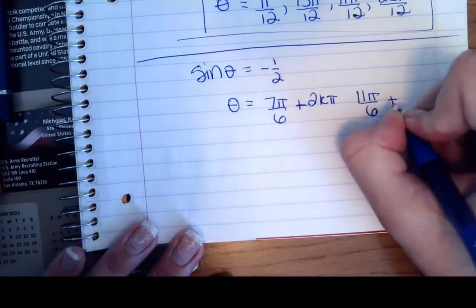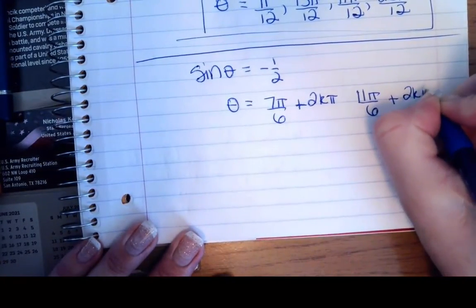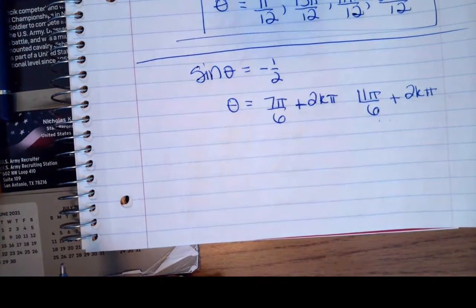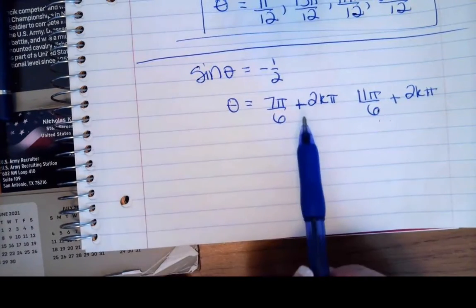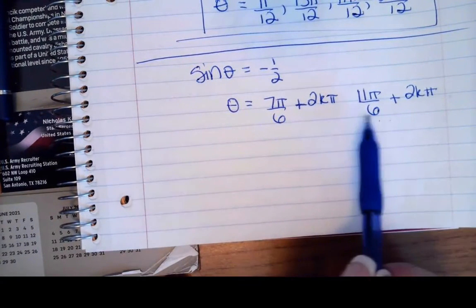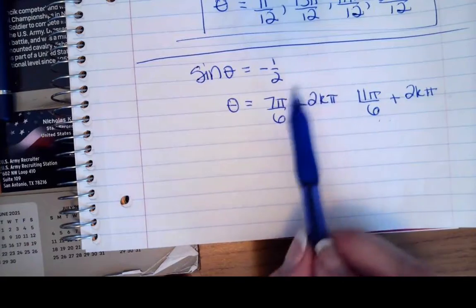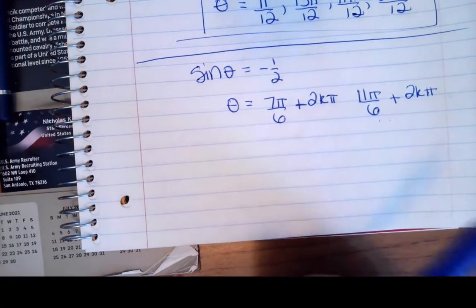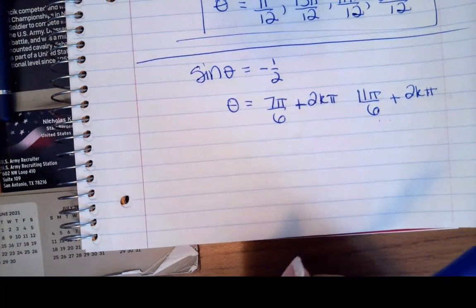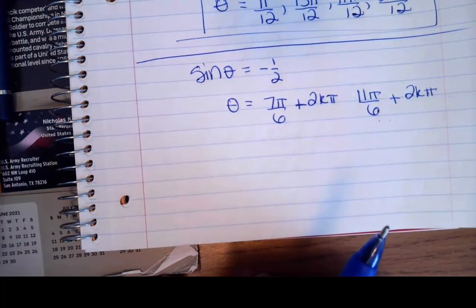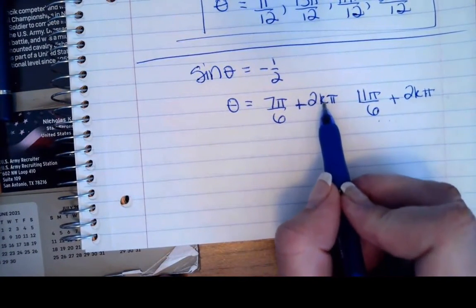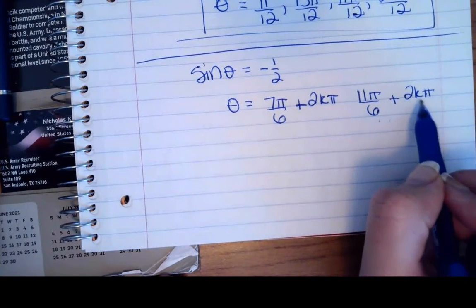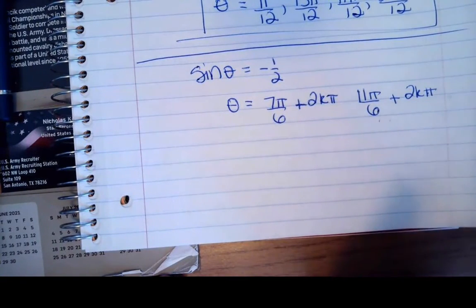Okay? So then I'm going to say the same thing for this one, plus integer multiples of 2 pi. Because in one lap of the unit circle, which is the period of sine, this occurs twice. I represent the two places that it occurs, and then I say plus integer multiples. From there, we're supposed to find the first 6 solutions. Okay, so I'm going to put a 0 in here, a 1, a 2, a 3. A 0 in here, a 1, a 2, a 3, and then I'm going to find out which ones are